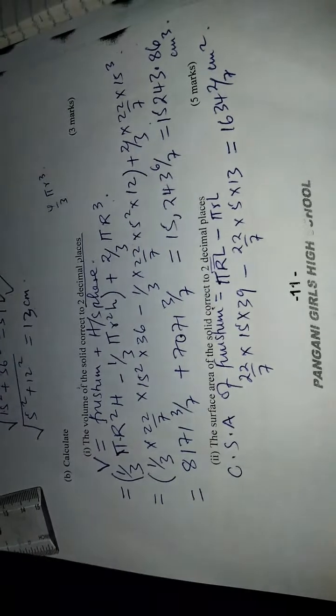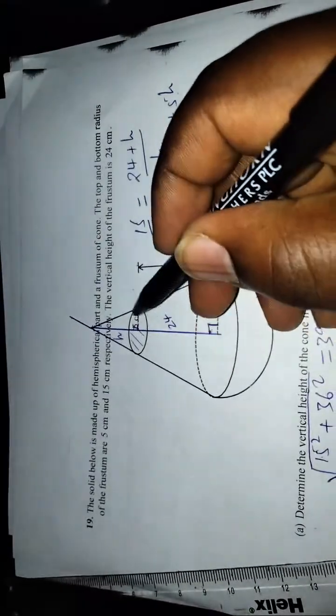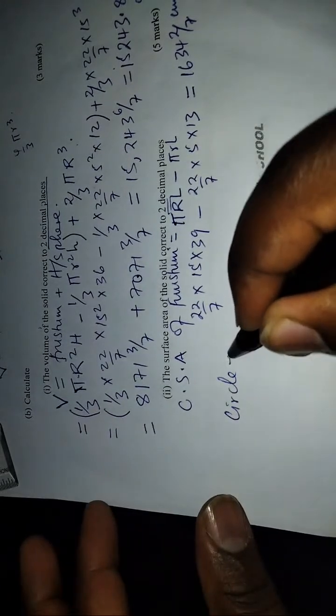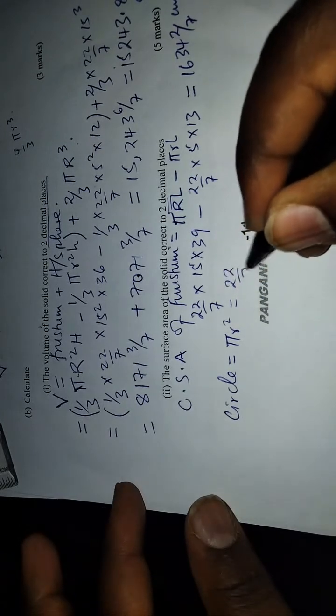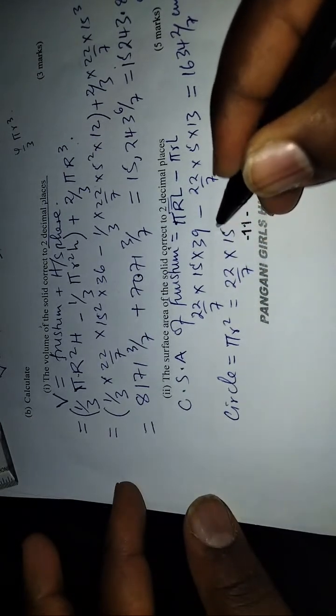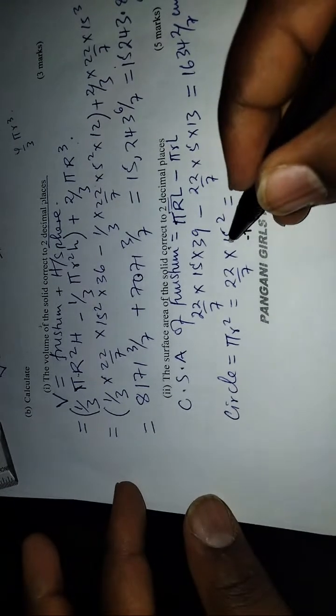We also need to get the top of the frustum, which is circular. So the surfaces here are several now. We have the circular part. We'll get the top circle, which will be pi r squared. So a pi of 22 out of 7, and the top radius is 5. So 22 out of 7 times 5 squared. This gives us 78 and 4 out of 7